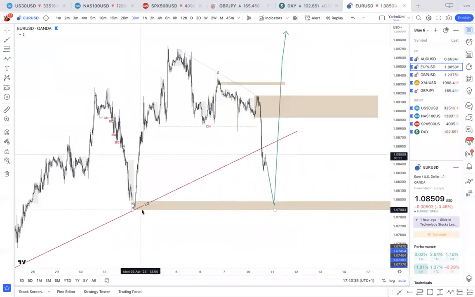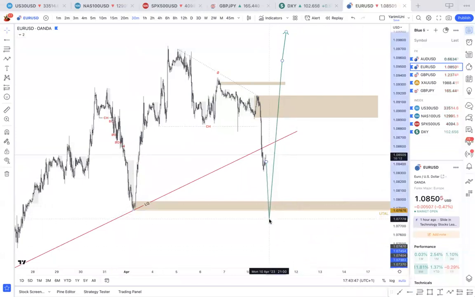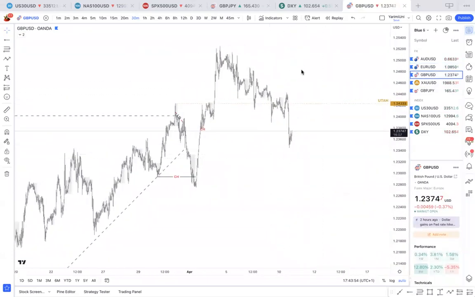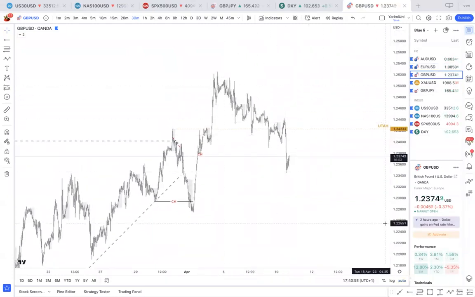Now, I know there's Asian low here, so I would be aware of that as well. So let me draw that in. Furthermore, I would wait for price to accumulate under the Asian low, then buy up. GBP USD, we're expecting the same thing. Furthermore, GBP USD looks even more obvious because you can see the trend line right there. The trend line looks way too obvious.